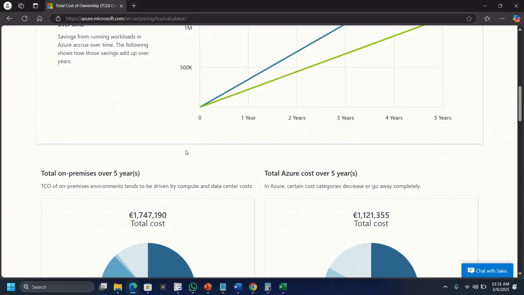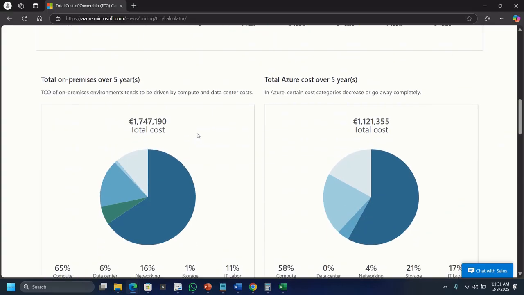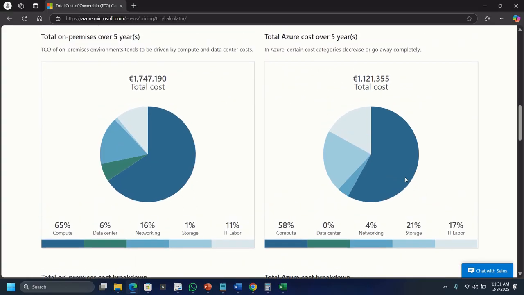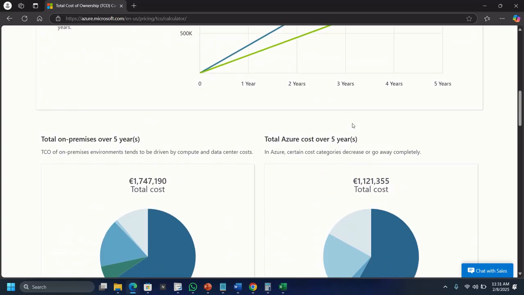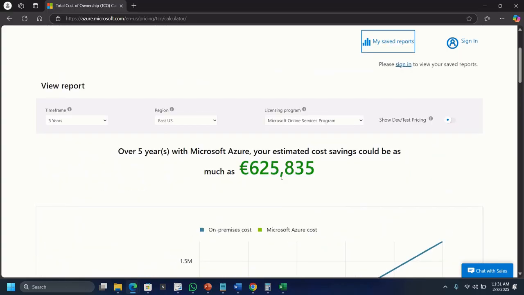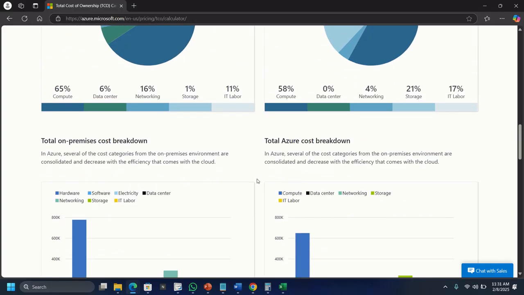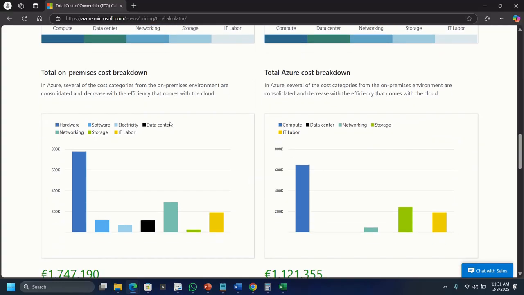Of ownership. And how does it arrive at that saving? Remember, for 5 years, this is what your on-prem will cost you: €1,747,190. While if you run it in Azure, it will cost you what? $1,121,355. And if you subtract this from this, you get that estimate that we saw here. That is what you can save. So you can see the beauty. It even went ahead to break it down. How did they arrive at